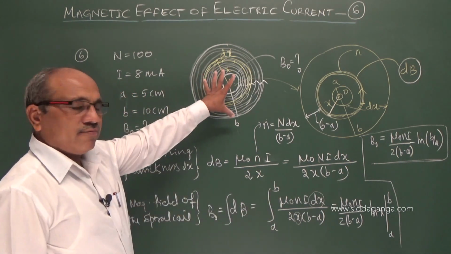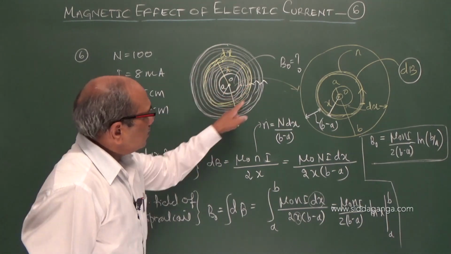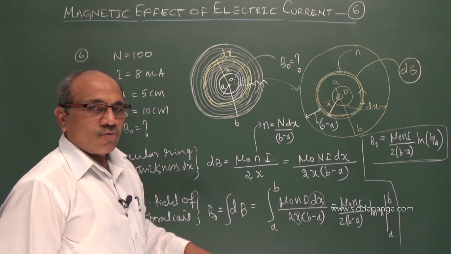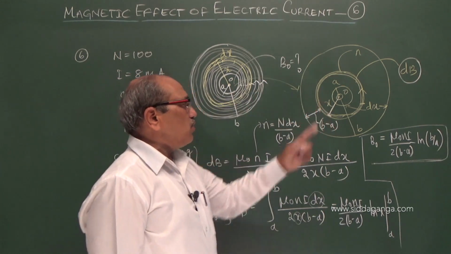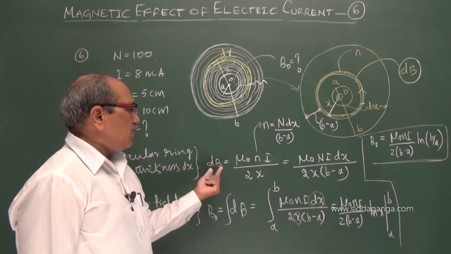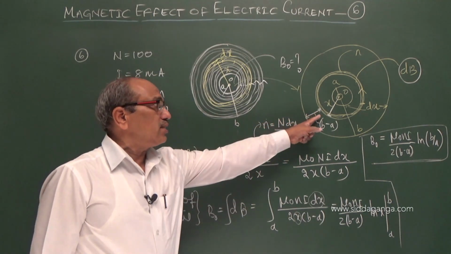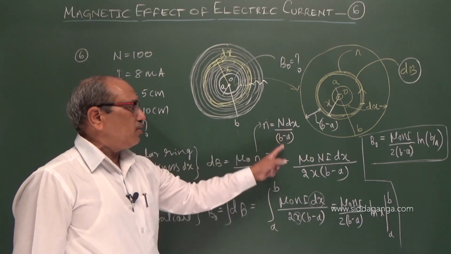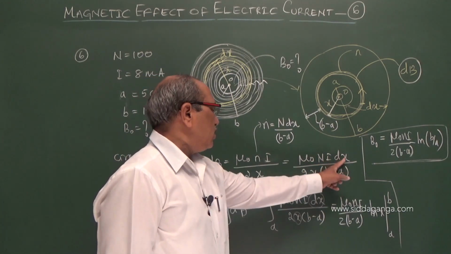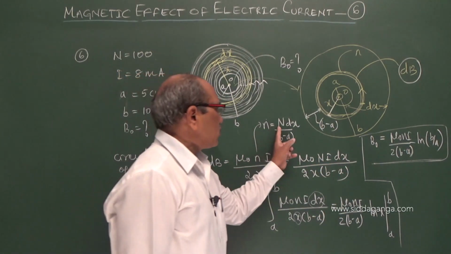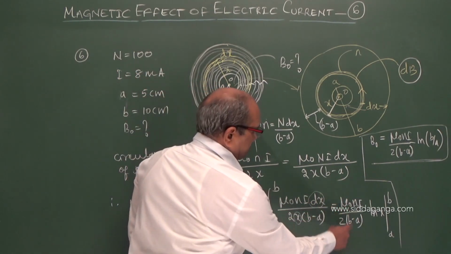It is a spiral wire. The smallest radius is a, the largest radius is b. The wire is just wound like a spiral, like a water pipe we are rolling side by side. So to find this, I took a small strip of thickness dx, for which the magnetic field at the center is mu naught N i by 2x. But N is the number of turns in this length required. N by b minus a is per unit length, times the thickness dx. That N I substituted, mu naught N i into dx, N dx by b minus a. Only dx by x is variable, the remaining things come out.